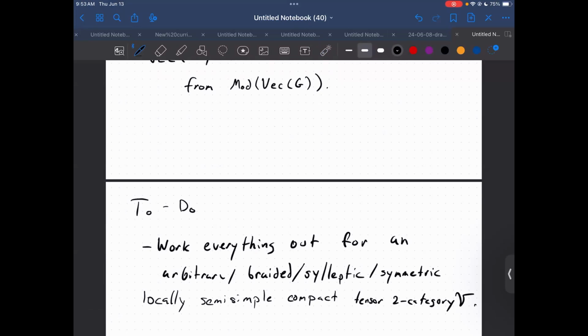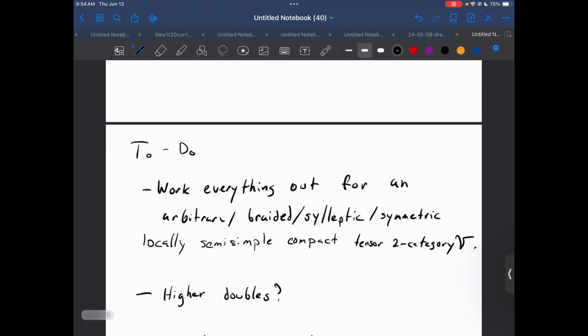In order to work out the theory that's been outlined today, there are some technical details with the internal Homs, as well as I would need to use some tools that exist now, but did not exist when I started writing this all up. So I expect to do that in the next few months to just change the base to something more general. Definitions of finite 2-categories are coming out soon. So we may have more options soon-ish.